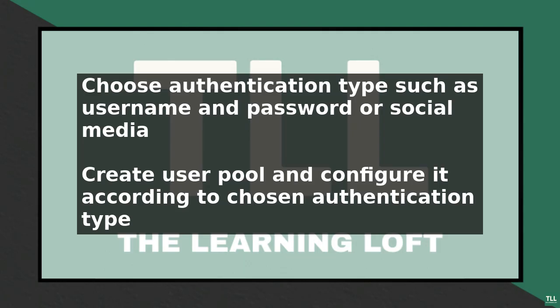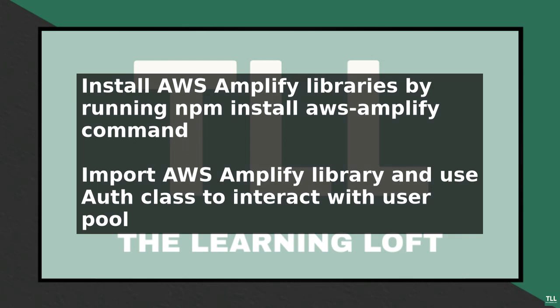To use the user pool in your application, you will need to install the AWS Amplify libraries. You can do this by running the npm install AWS Amplify command. Then, import the AWS Amplify library into your application code and use the auth class to interact with the user pool. Best practices for setting up AWS Amplify user pools include using a secure password policy, enabling multi-factor authentication, and